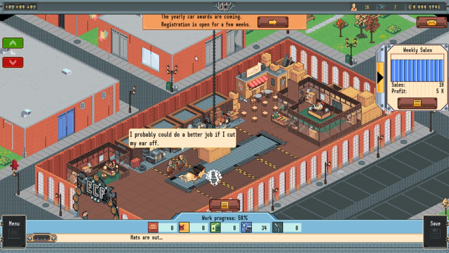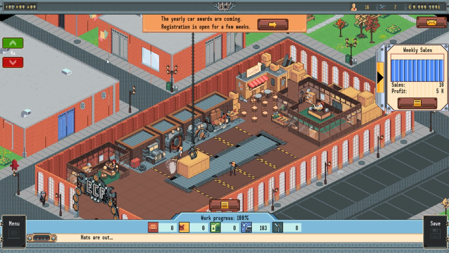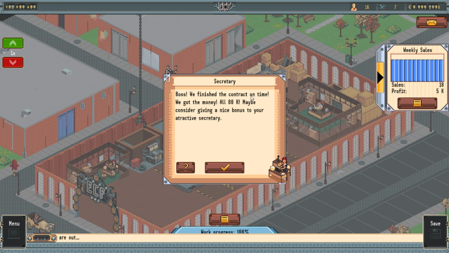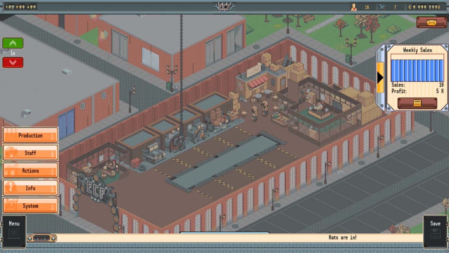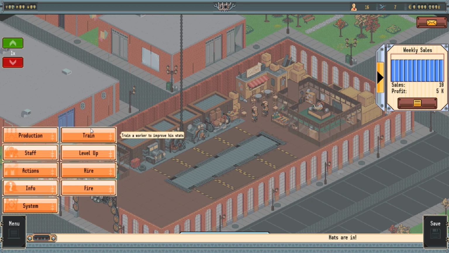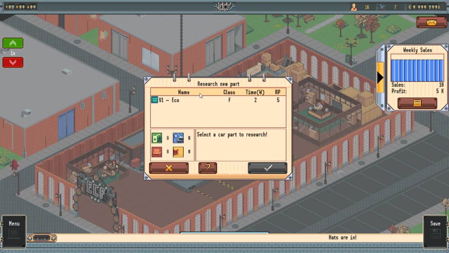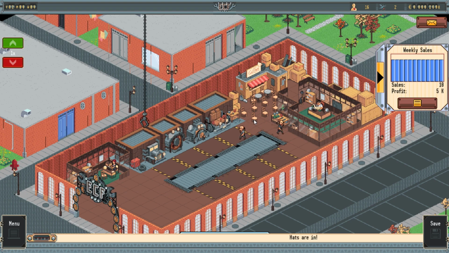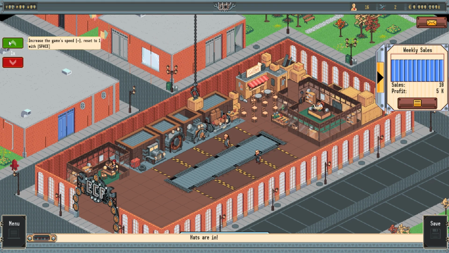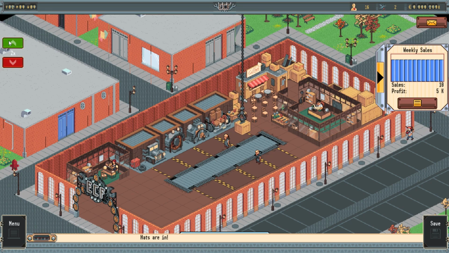Oh, a new engine is available for researching now. Hats are in. Good. Alright, so let's... How many research points is this? Oh, it's only 5. We will do that. Our research points are up here, by the way. We spent a lot of research points on the other things, on the tuning, so...